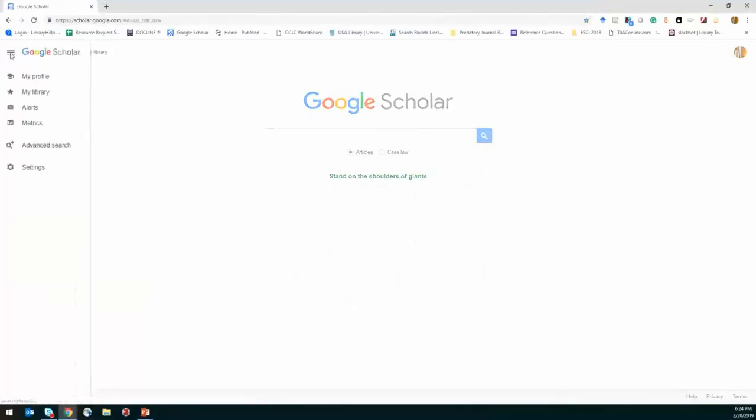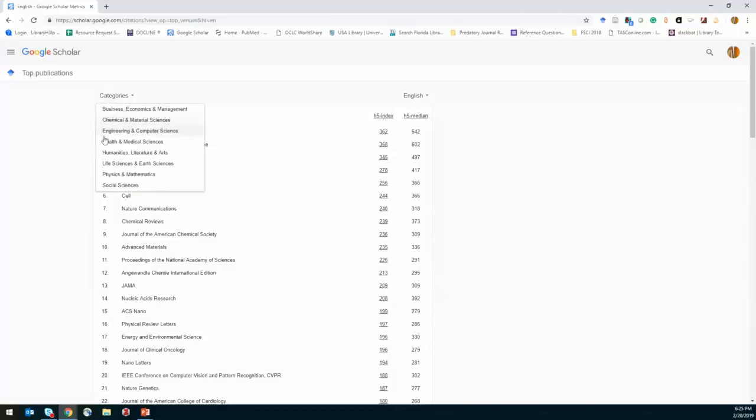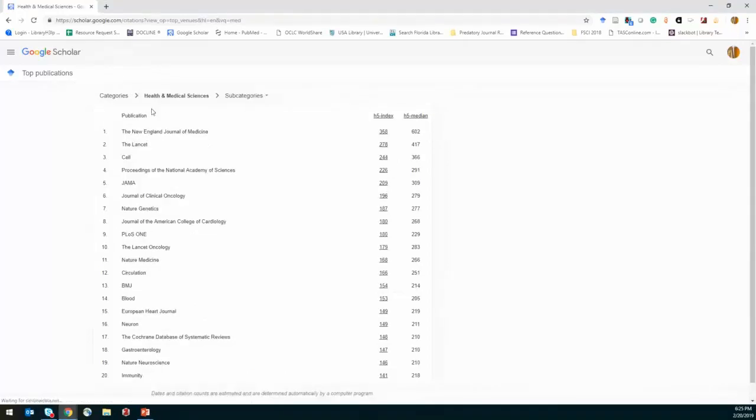On the Google Scholar page, they have a metrics tab on the side here. This gives you the overall ranking of journals. And you can see they're showing the H5 index and the median H5, which is just the statistical median of all the articles in that journal. So you can see it lists the H5 index there. That's the same index that we just talked about calculating. But you can go in here and drill down by category.